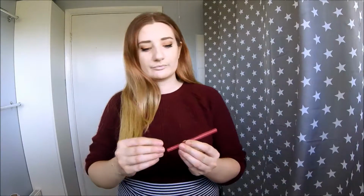I might just go in, once this is dried a bit more, with a bit more eyeshadow under the bottom eyelash, just so it makes it more of a pulled together look. I have got a lip liner here. It's the Soft Contouring Lip Liner in the shade 6, Under My Skin. It is a slightly darker shade than my lipstick, but I kind of want that in a